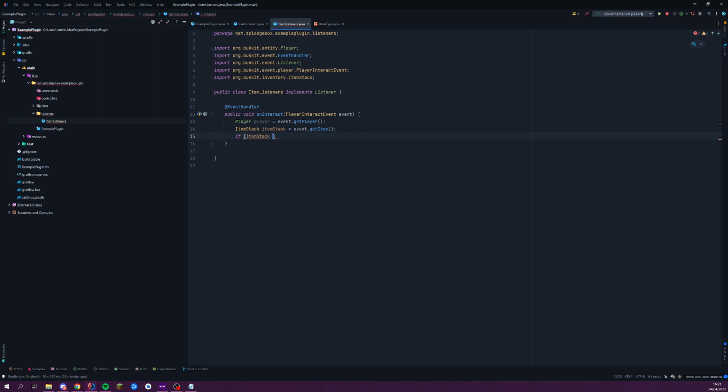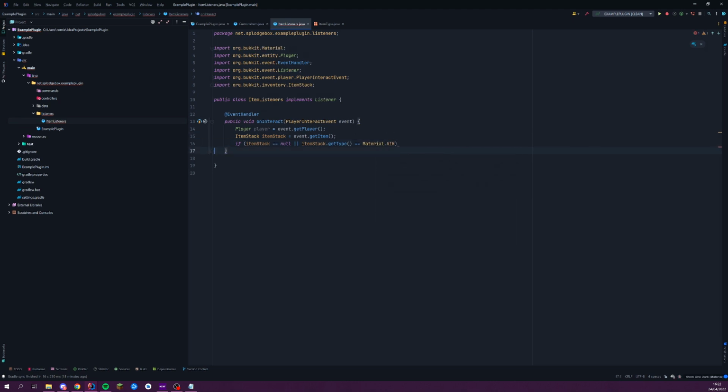So we want to check if the item stack is equal to null, or the item stack dot get type is equal to material dot air, and we want to return. Now you're probably wondering why we check for air and null. I also mentioned that it's just how Minecraft is. You just want to do it. But anyway, now that we got that all out of the way,